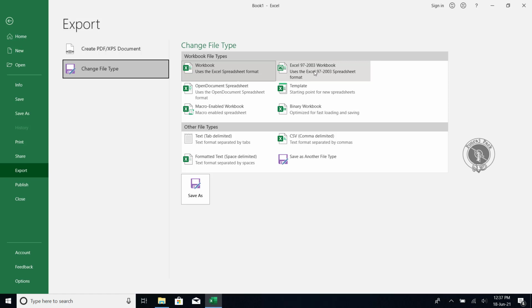But if you save this file with your current format like XLSX, they may not be able to open it. Like that you can select which file type you need, like macro-enabled, CSV. Too many options are here, you can select accordingly and save. If you want any other format also, you can click here, Save as Another File Type or Save As, and it will have many more options to select.